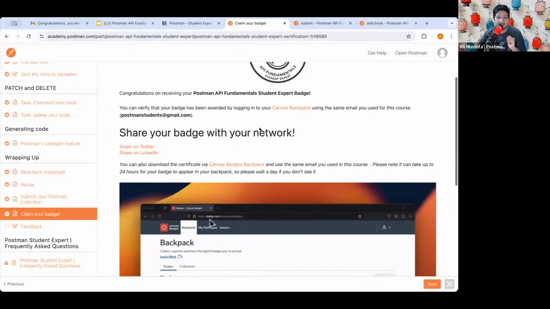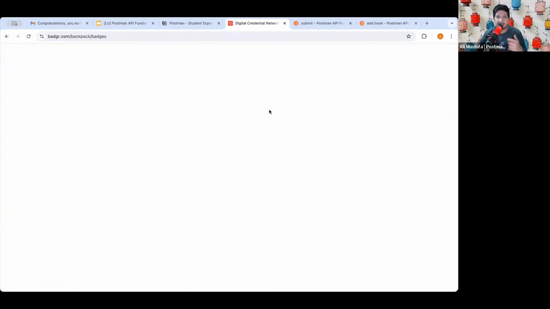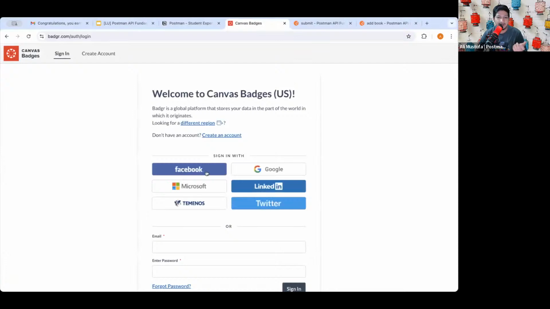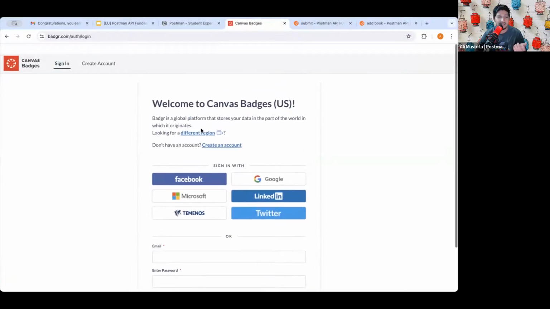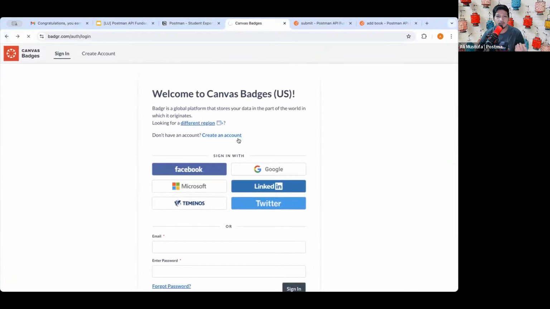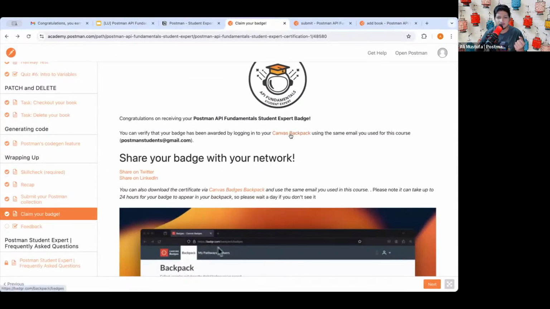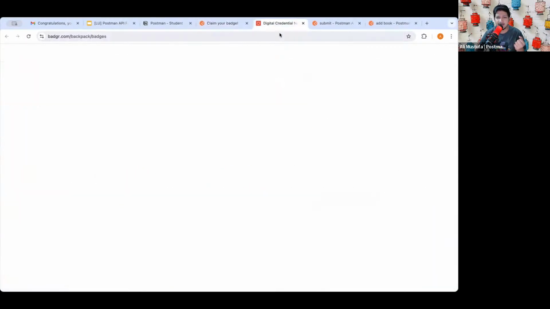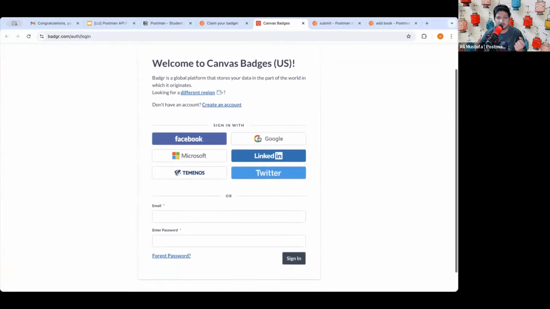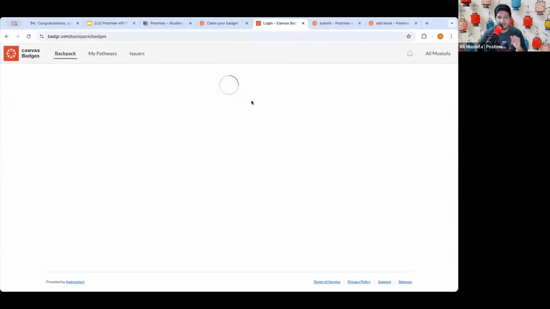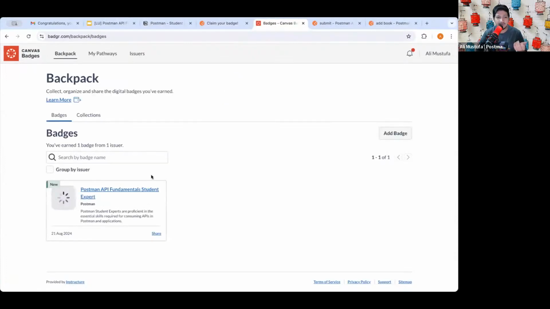If you go here on Academy, you can see the Canvas backpack, click on it, and it will open a new tab. And you can log in with your email ID and password, or you can also log in using Google Sign In, right? Let me show you that. So open Canvas backpack in a new tab. Here you can see log in using Google, simplest way. And once you log in, you will be able to see this new badge, which is awarded